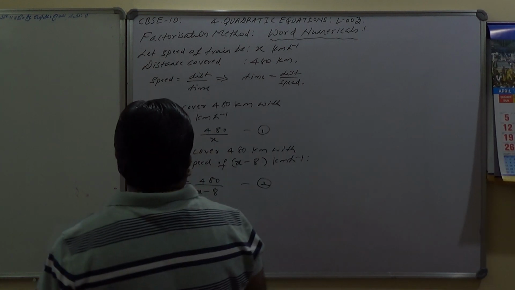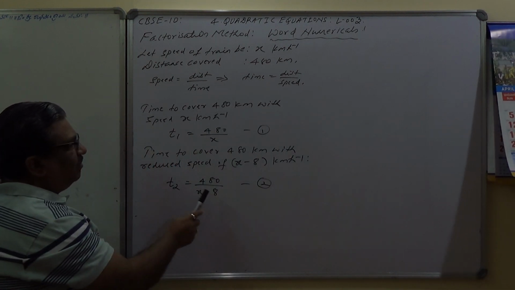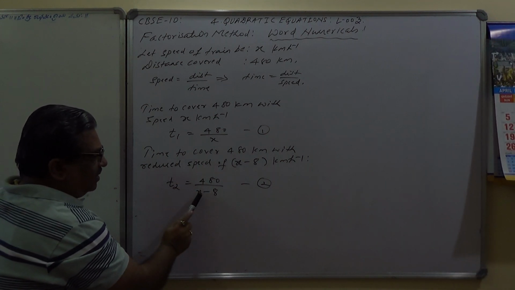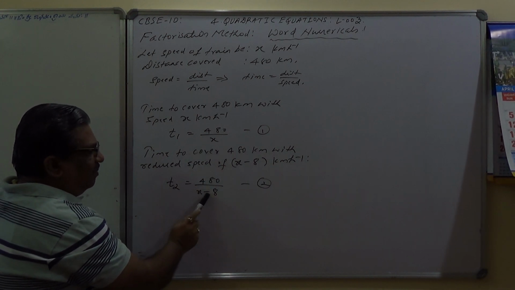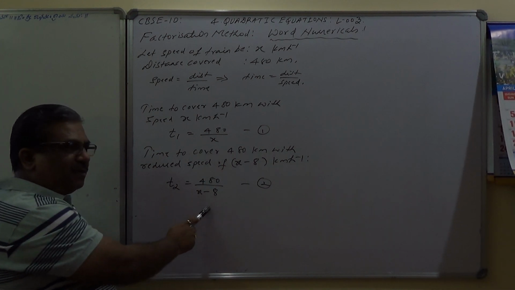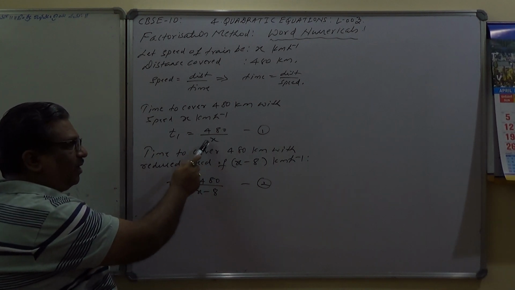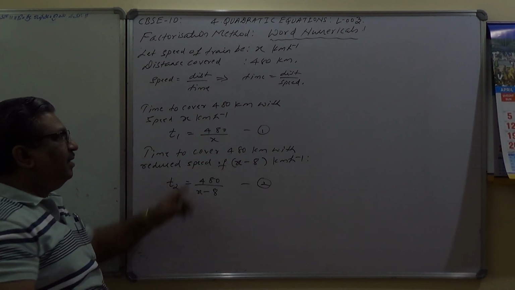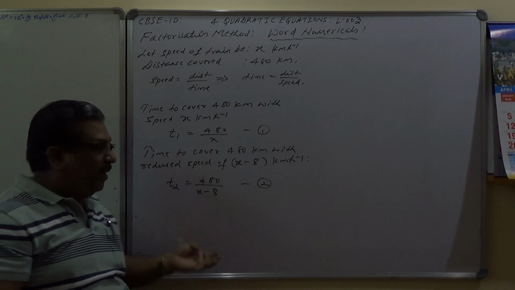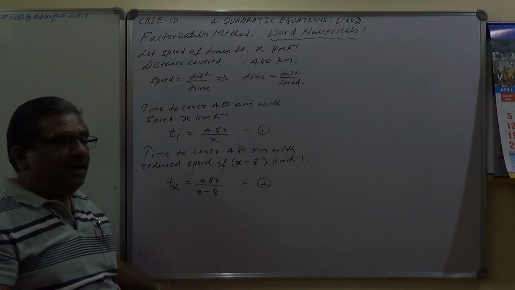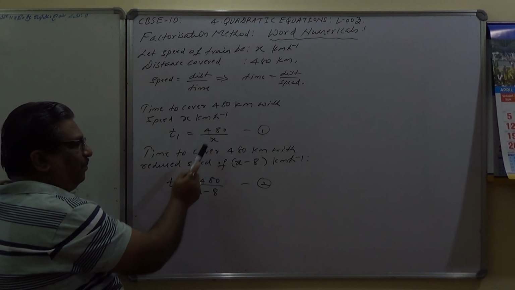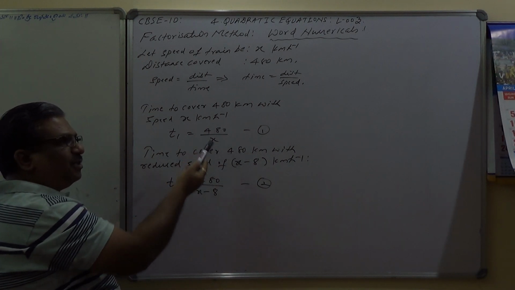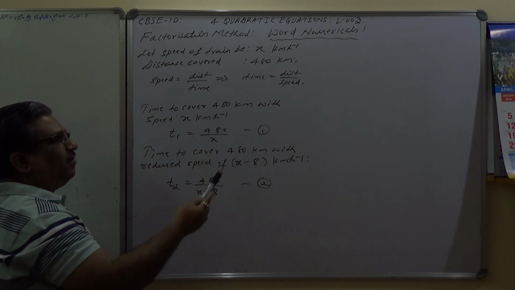So we will take one example here. Let me take x equals 10, randomly. If x is equal to 10, then 10 minus 8 is 2. So here the denominator is greater, and here the denominator is smaller. Wherever the denominator is greater, the number is smaller. Wherever the denominator is smaller, the number is greater. So this number is bigger and this number is smaller. Therefore T2 minus T1 equals 3.